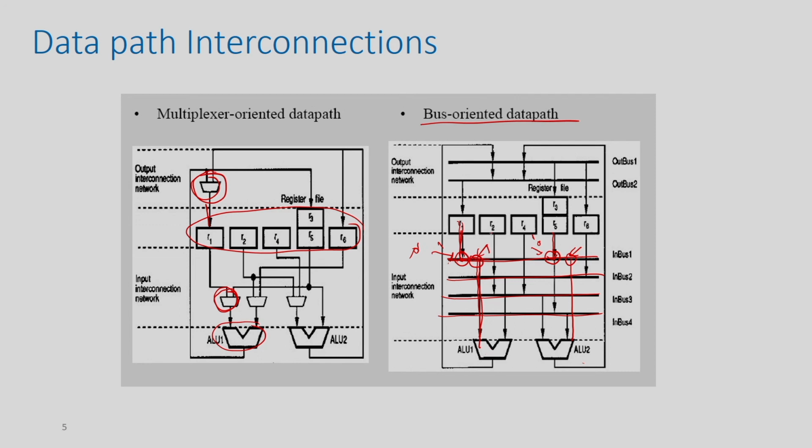Similarly, since this R2 is also coming to this switch and this bus, R2 can come here and this is also connected here. So, suppose I put this control signal equal to 1, this control signal 1. Then R2 will come through this line to this ALU, right. So, this way, R1 and R2 is going to happen, right.